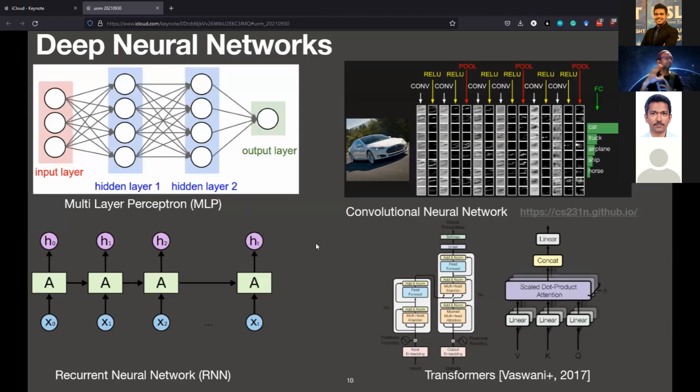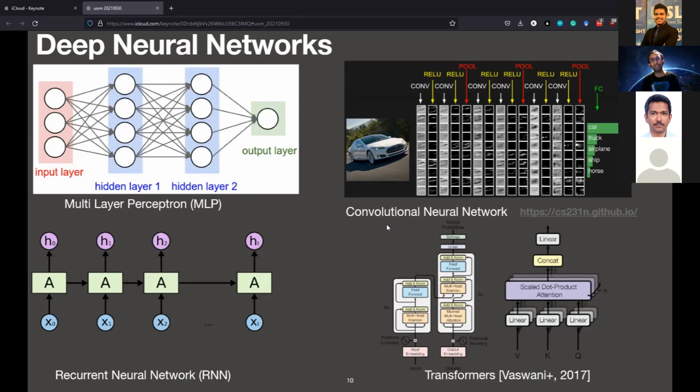These are the most popular deep neural network types. It started from the multi-layer perceptron, which is used for more tabular kinds of data. But images have a 2D structure. If you take an image and flatten it, that means you take the pixels one by one and make a long list, you lose some of the information, the semantics of the image. So there we use convolutional neural networks,